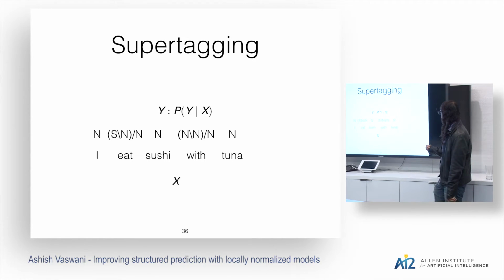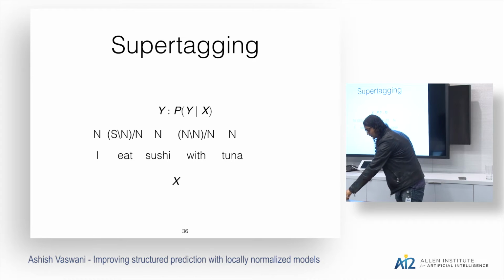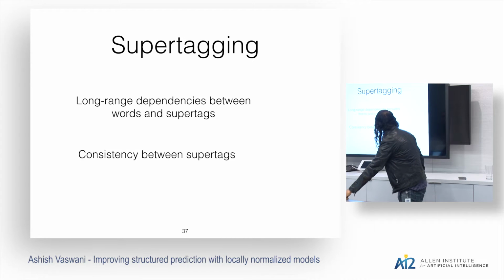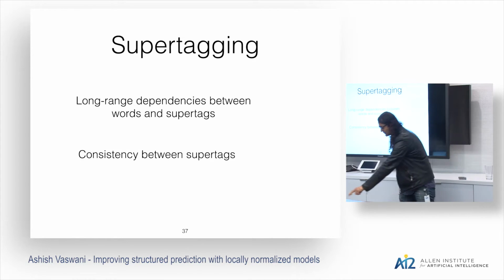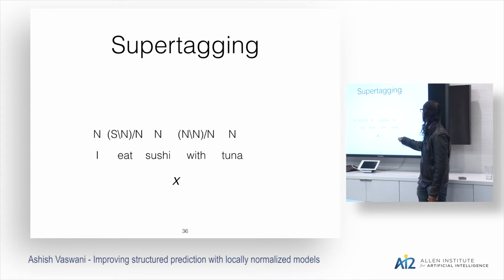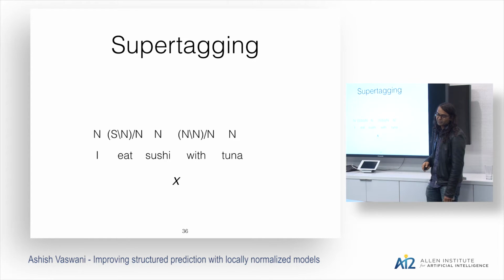Just to give you an idea of the difficulty of this problem, there are about 1,200 supertags as compared to POS tagging, which is about 45. It's definitely easier than machine translation, because in machine translation you can imagine that there are millions of tags. So it sits in between. Most tags are infrequent in supertagging. And you also need consistency. What do I mean by consistency? If this is expecting an n to the left of width, then the supertag of the word on the left